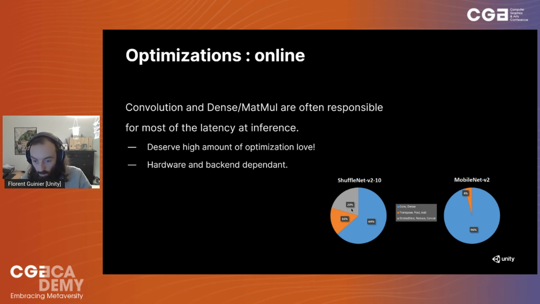For example, two networks: on the right, MobileNet. This version of MobileNet has 68 layers, and 54 of those layers are actually convolution or depth-wise convolution, which means in the end 96% of the time is spent in those convolutions. That's really interesting because probably the optimization here will be about online optimization of those convolutions. And actually what you want to optimize here is almost only convolution.